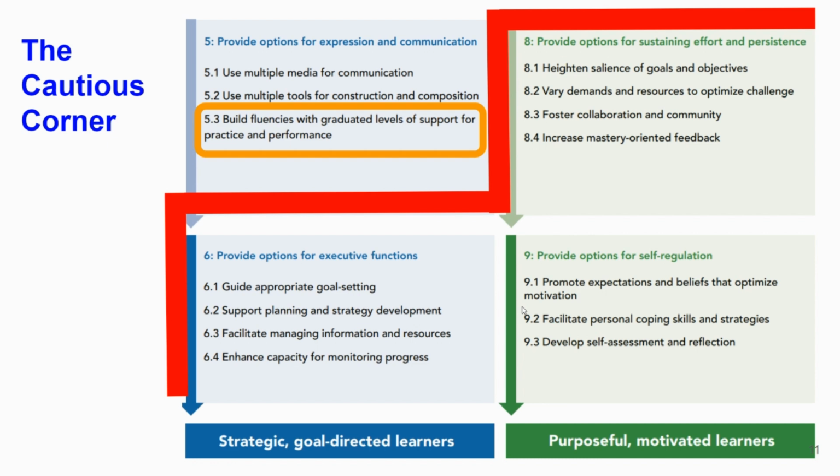Sustaining effort and persistence is something that has absolutely consumed much of our time in the last few years. And so, some of the things that we have to think about are, do students understand the meaning of the goals and the learning targets in front of them and see that they're going to lead to something? Are they at that Goldilocks point of not too hard and not too easy, but just right learning, which sometimes they think it's too hard or think it's too easy, but it might be just right with scaffold. So it depends. And then are we fostering collaboration and community? We are definitely facing more students than ever who don't want to work together with other people. They want to work alone or only with people that they're comfortable with.